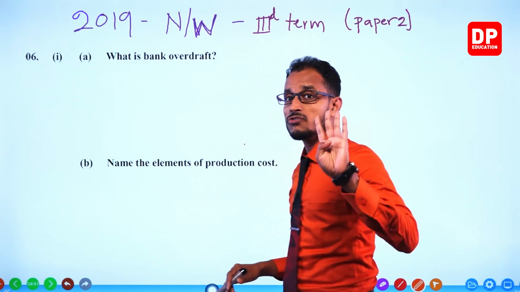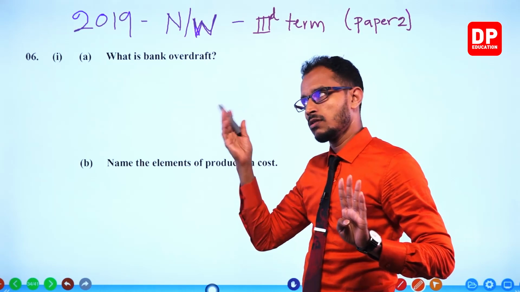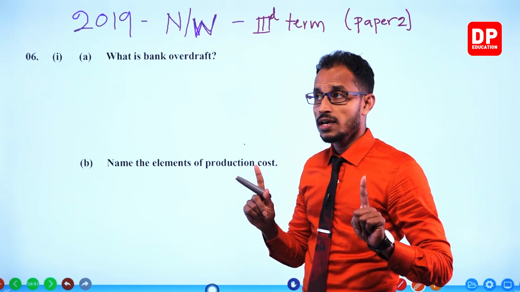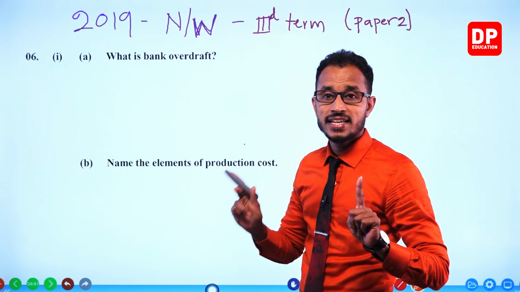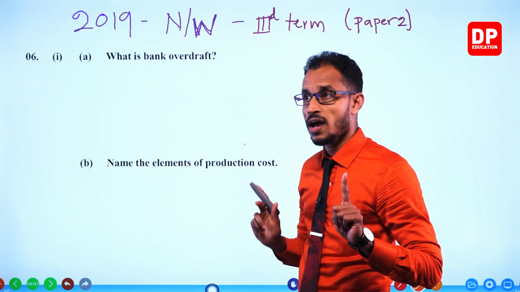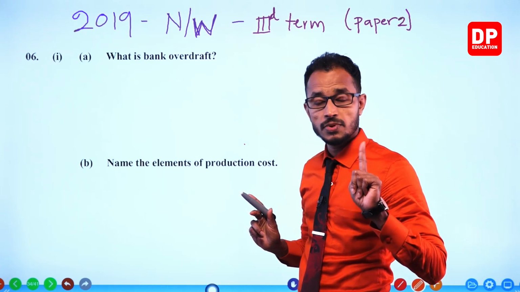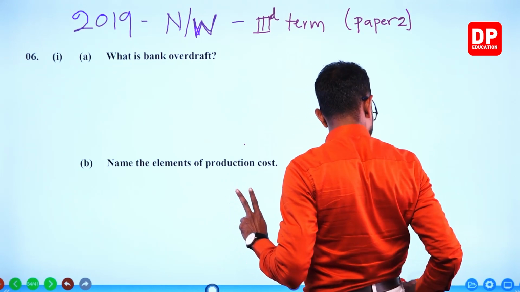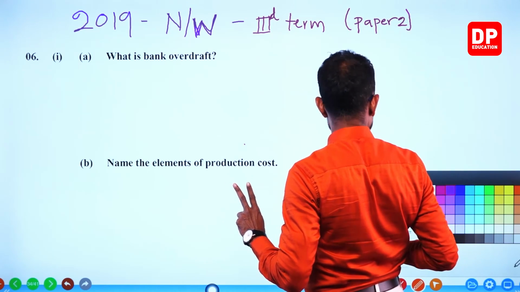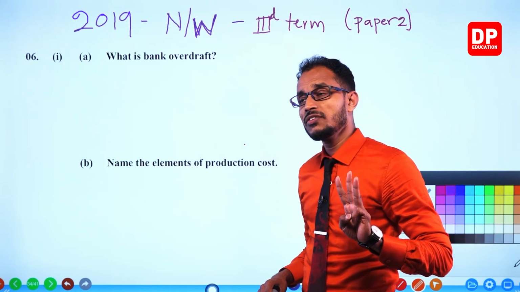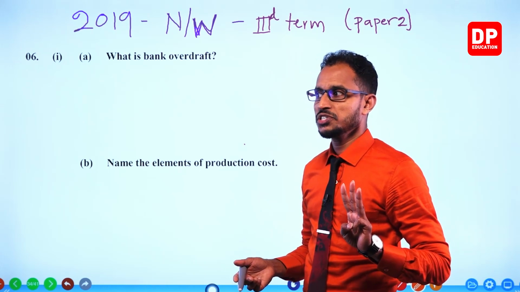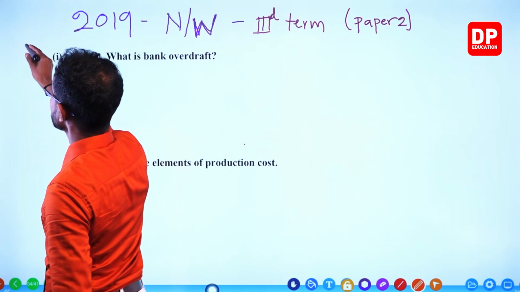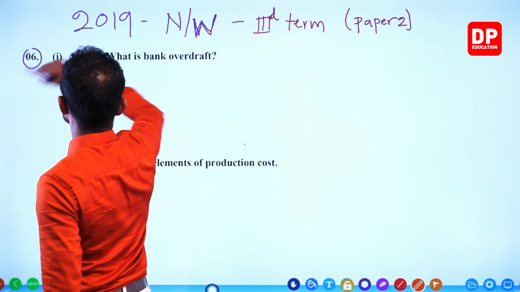We have already done 4 chapters of this paper. First question, the compulsory question, the must do question. In chapter 1, we finished the first question. In chapter 2, we finished the second and third questions. Chapter 3, we finished the fourth question. Chapter 4, fifth question. This is question number 6.